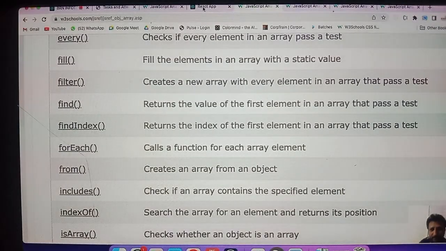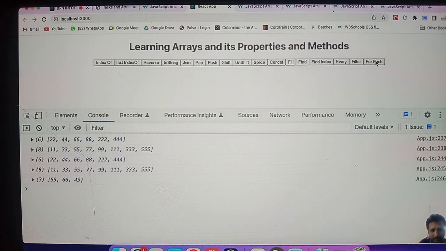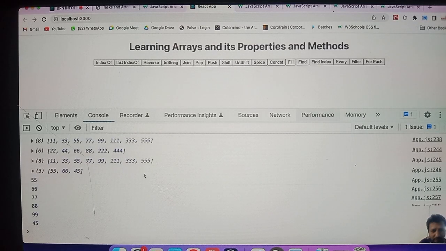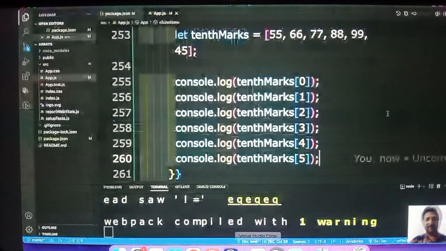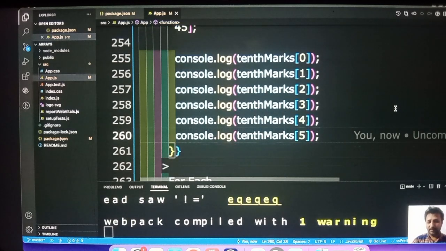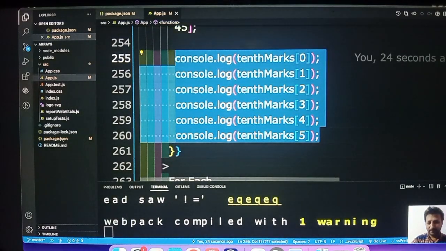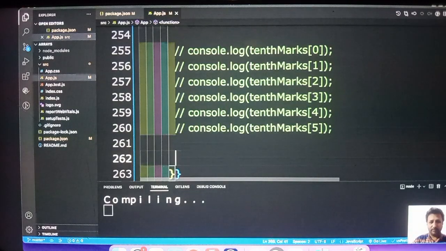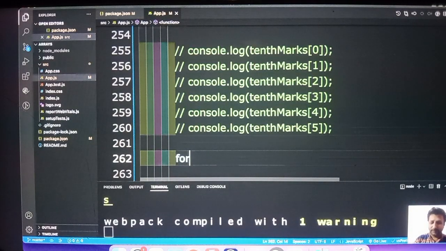Now I come here. Each and every element is displayed perfectly fine. Now what can I do? I can do it in a much better way. Using loops. How? I'll just comment this. I've already worked on the for loop, right? So for